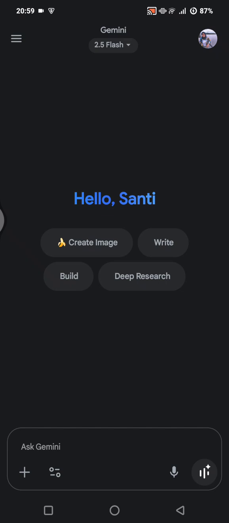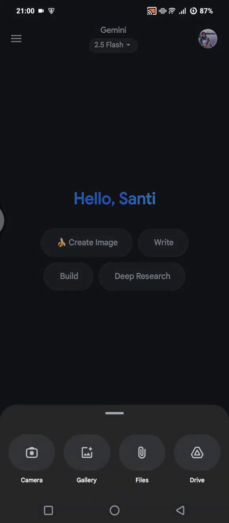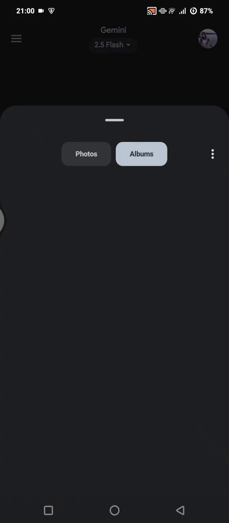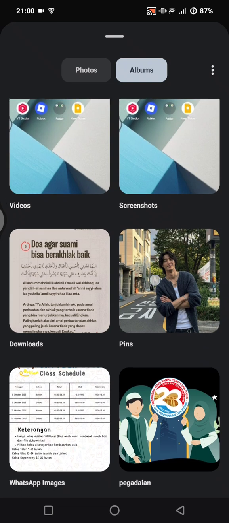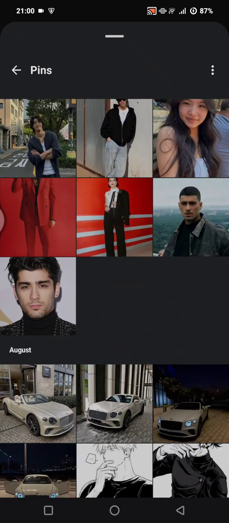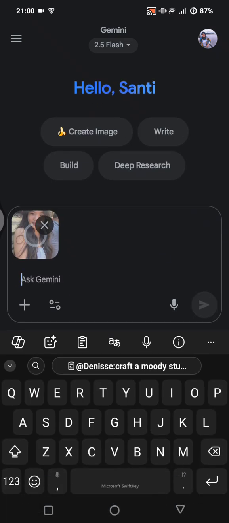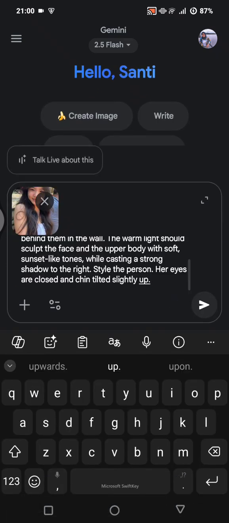First, I'm going to create the photography studio. So you just need to prepare a photo of you. It might be a selfie or a full portrait of you. So upload it into Gemini by clicking on the plus button. Here I'm going to, let's say, use this photo right here. You can tap on done, and then here is the